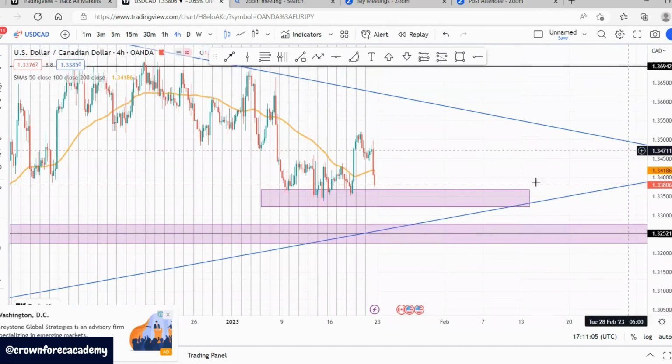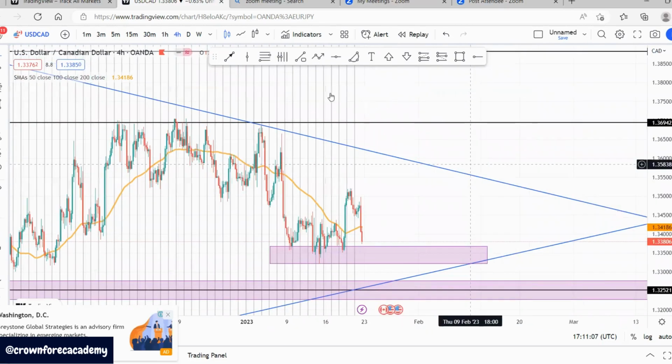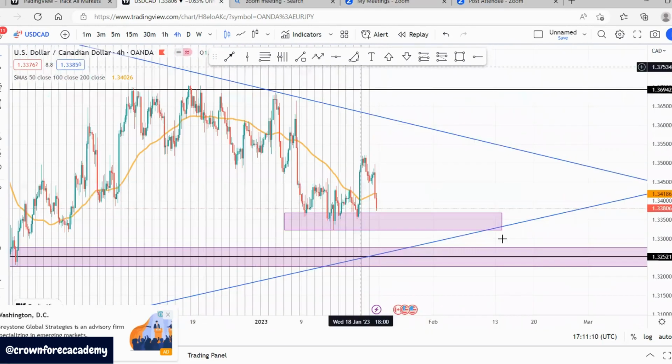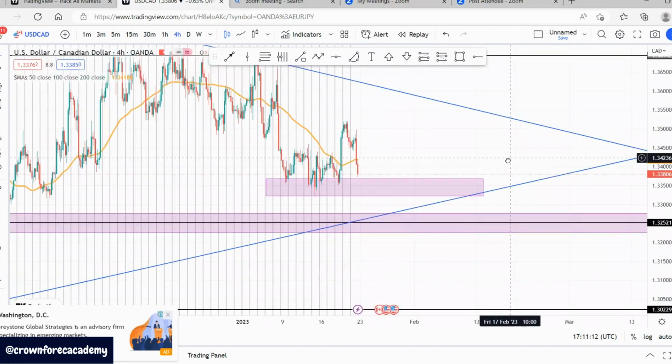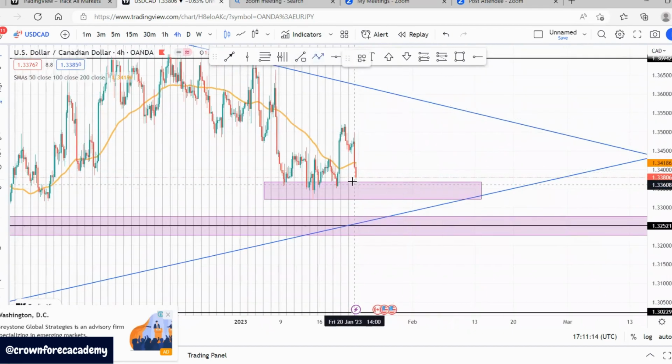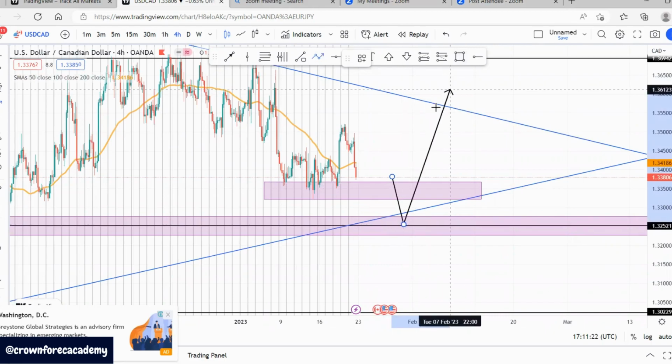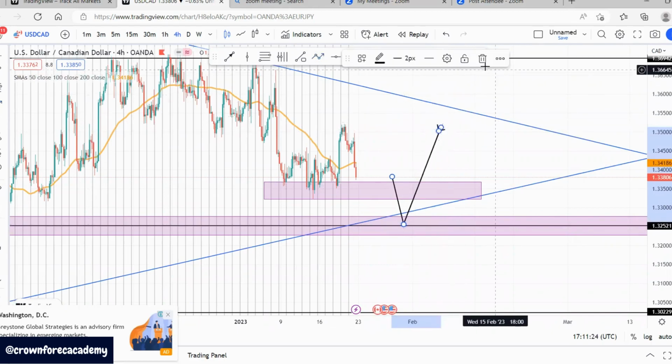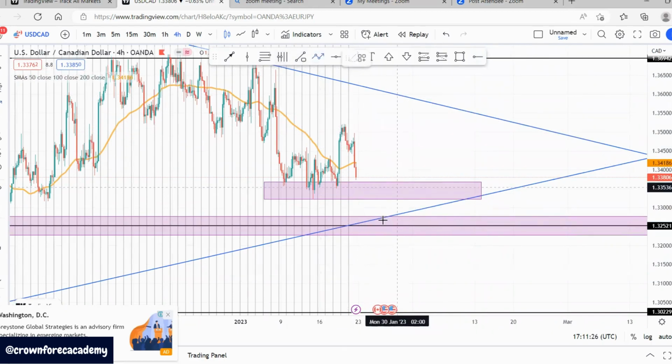So basically what you guys should be expecting, or what I will be expecting for USDCAD in this coming week, is for the markets to do what? To actually come from here down to this possible zone, right? Let me cancel this. So from this right to this possible zone,